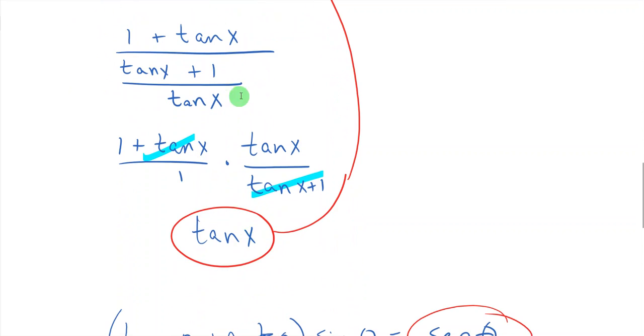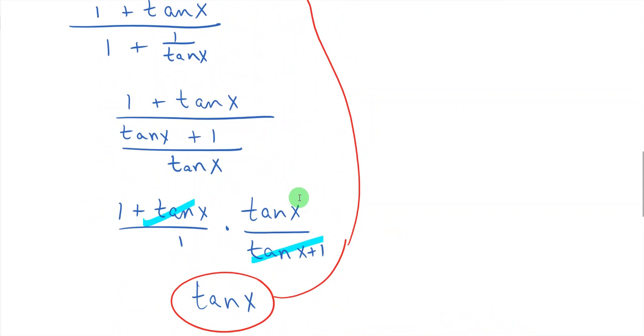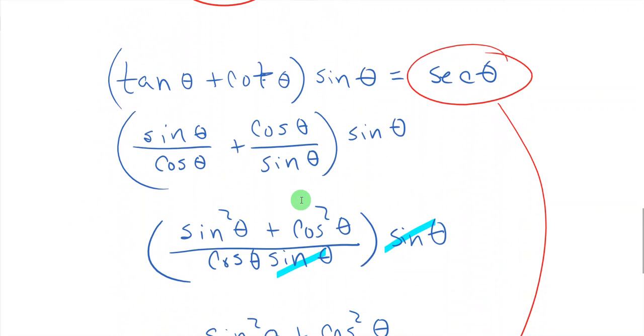Then I said, okay, I've got this over a fraction. I'm going to make it be this term, 1 plus tan x over 1 times, I'm going to flip this one, and I have tan x over tan x plus 1. Well, those are the same, and so I'm left with tan x, which is what I was trying to get to. The more you do of these, the better you'll be, and they're all different, so you just have to get used to the strategies. All right, so we've got in parentheses tan theta plus cotan theta times sine theta,